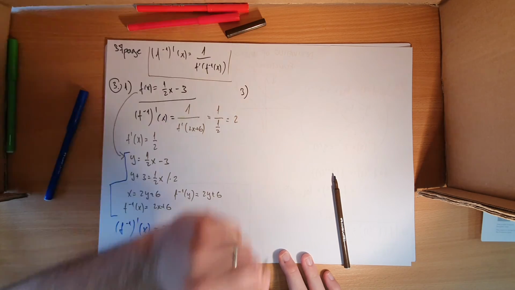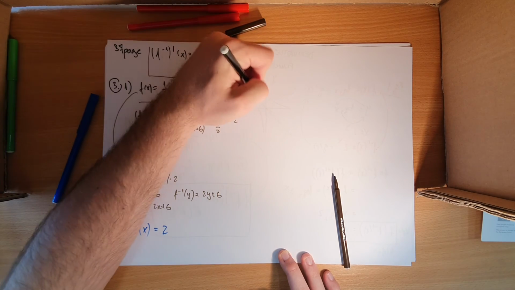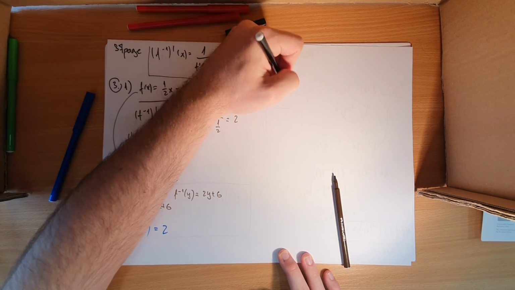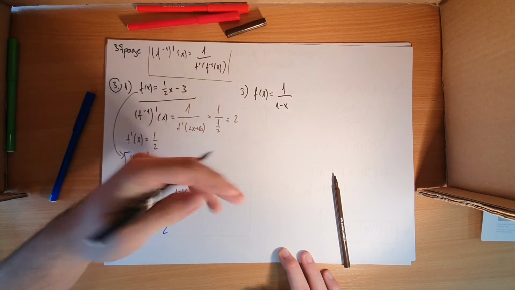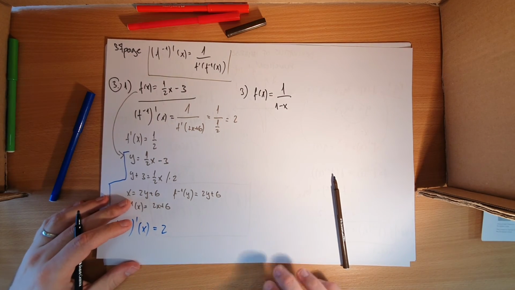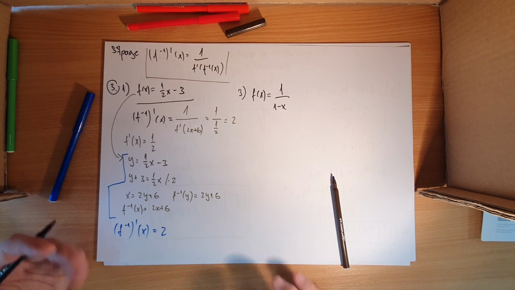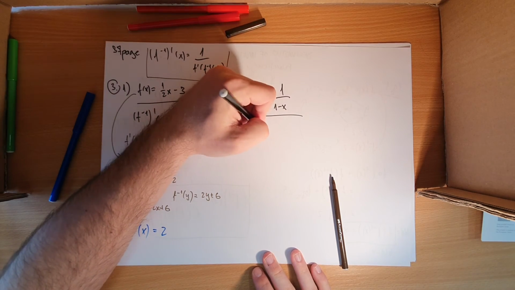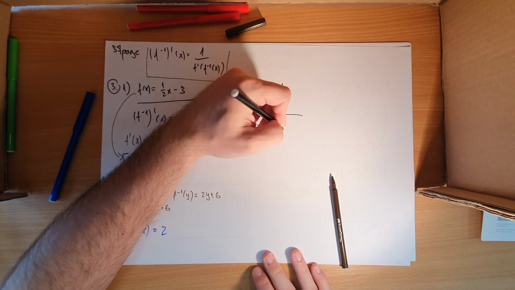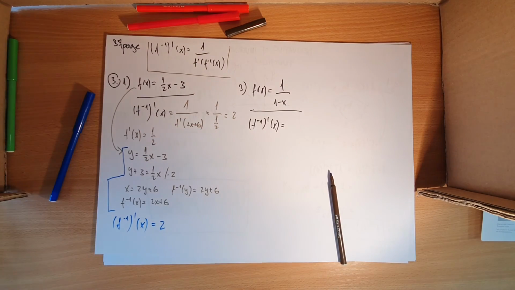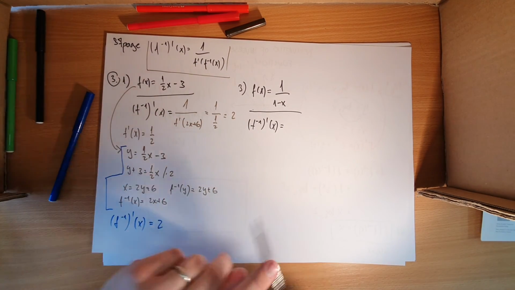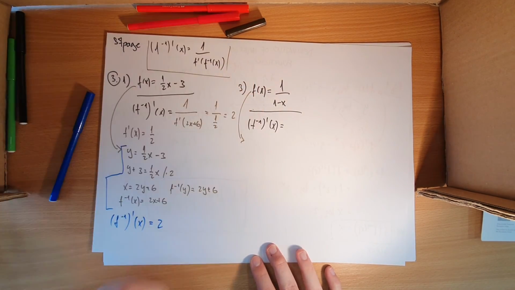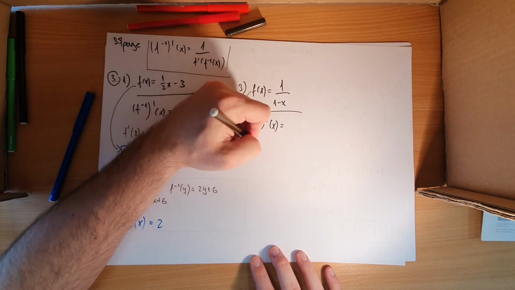So subtask 3, f of x equals 1 over 1 minus x. This is now given in this case. How are we going to find the derivative of the inverse function? Well, let's find it by finding the inverse function itself, which means that y is equal